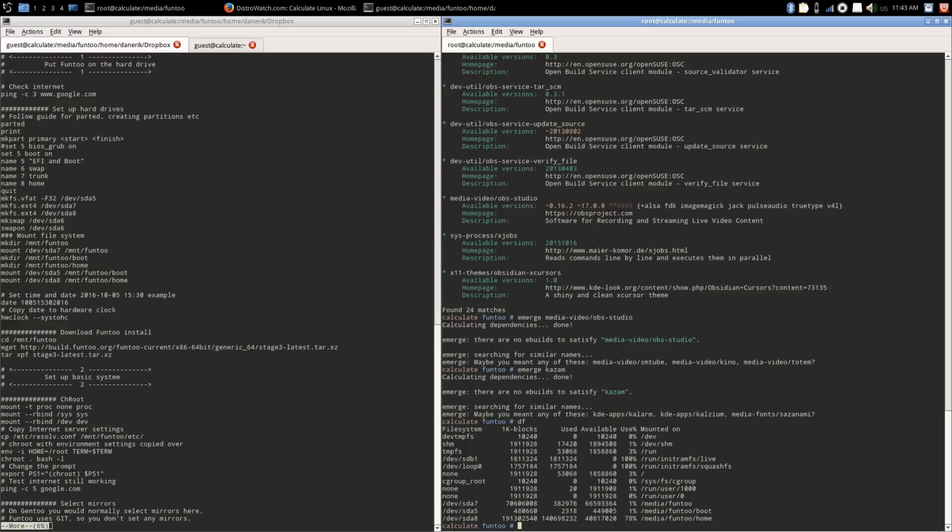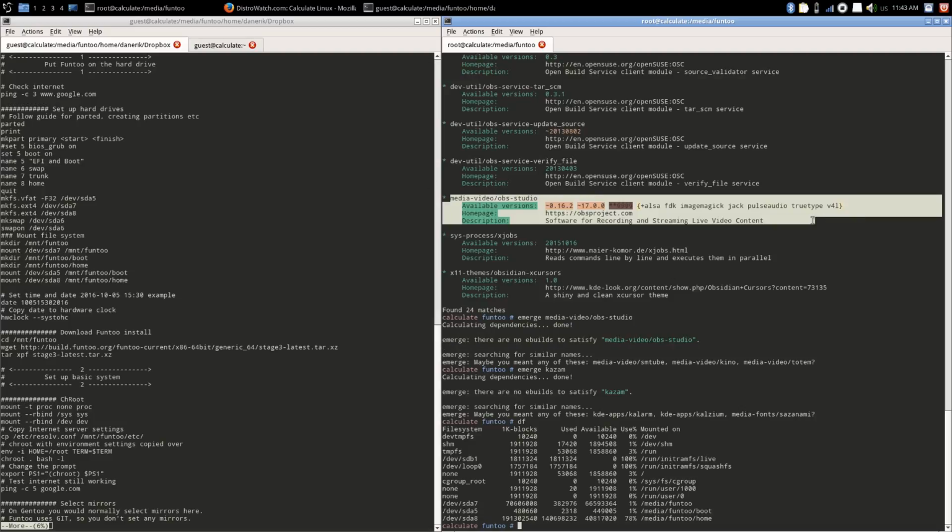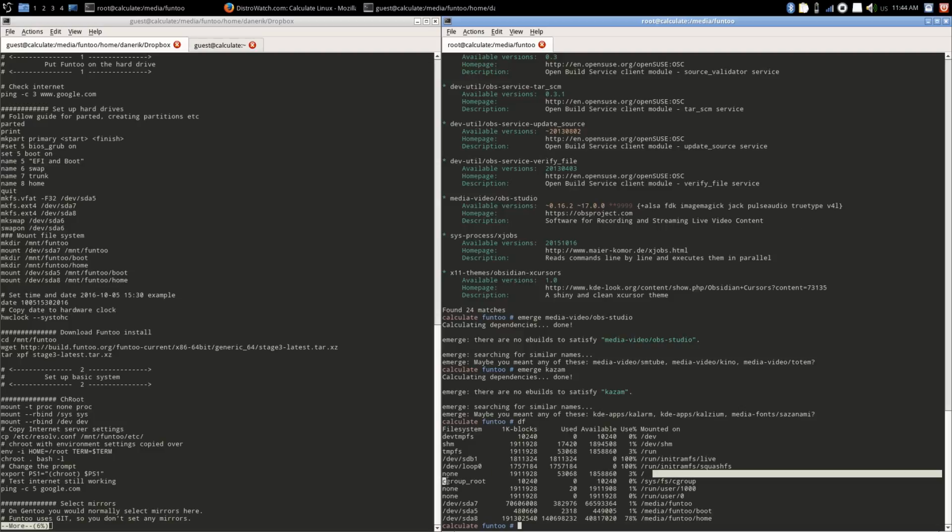So I am on a LiveDVD where I can record some of the installation process of installing Funtoo. I can't install anything on the LiveDVD. As you can see, there is no space at all on the USB stick left for installing anything, and in fact